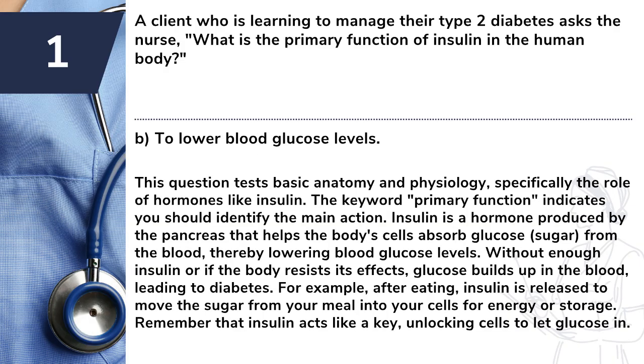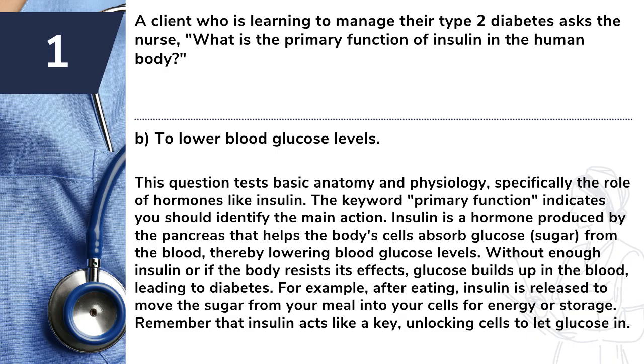Answer: B. To lower blood glucose levels. This question tests basic anatomy and physiology, specifically the role of hormones like insulin. The keyword primary function indicates you should identify the main action. Insulin is a hormone produced by the pancreas that helps the body's cells absorb glucose, sugar, from the blood, thereby